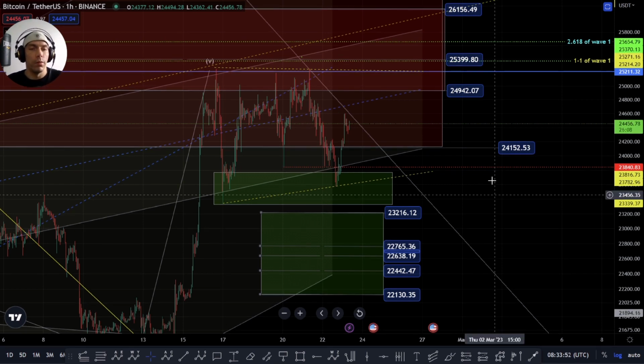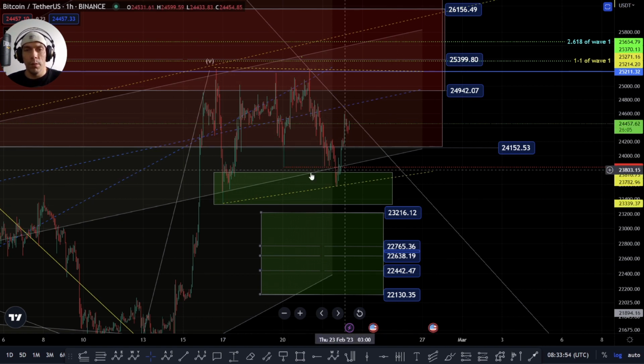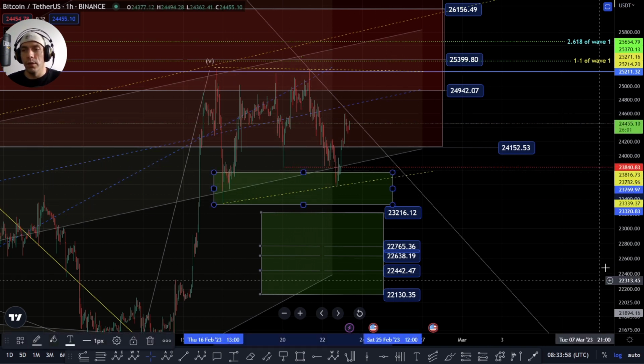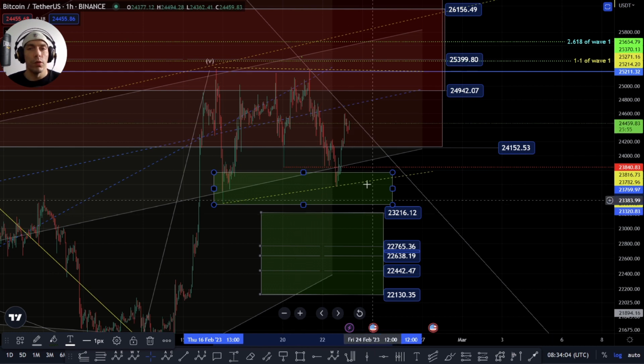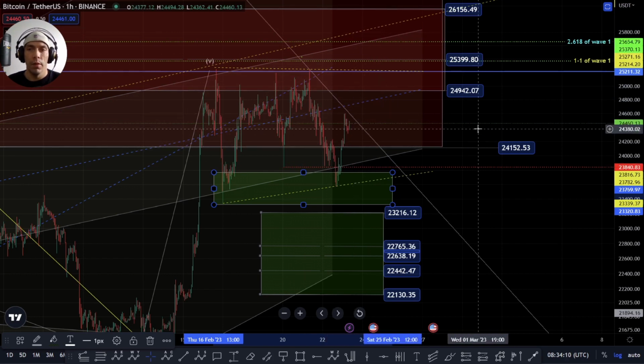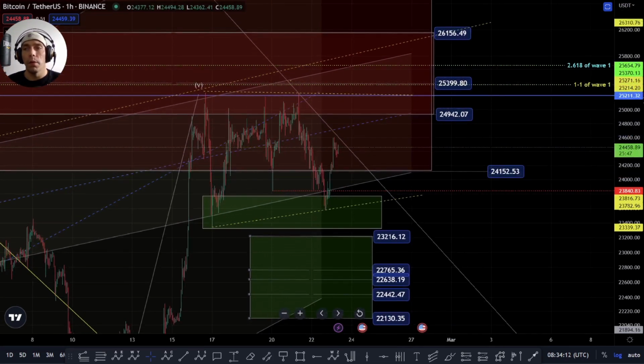Okay, so let's get into the fun stuff here. We were talking about looking to hold this support box here at this 23,767 to this 23,320. So we did manage to hold this zone and we have started to move away. So this could be setting us up for a move to the upside here where we're looking for an additional fifth wave. And if we do move up, some of the areas I'd be cautious of would be this 25,370,